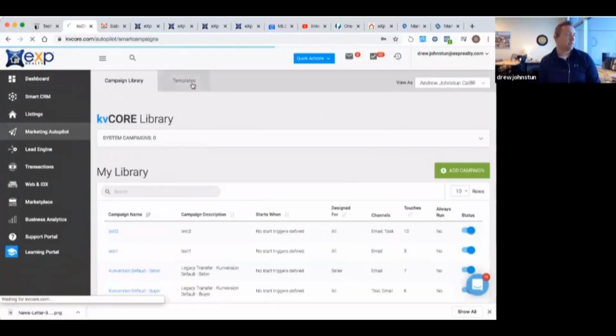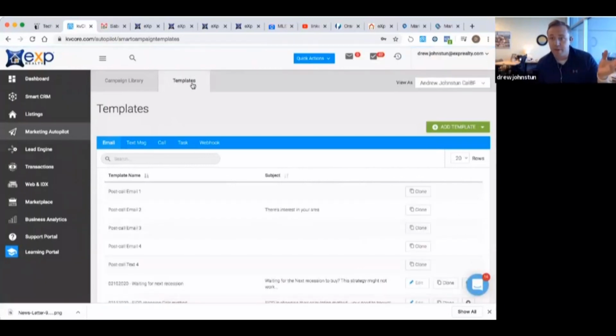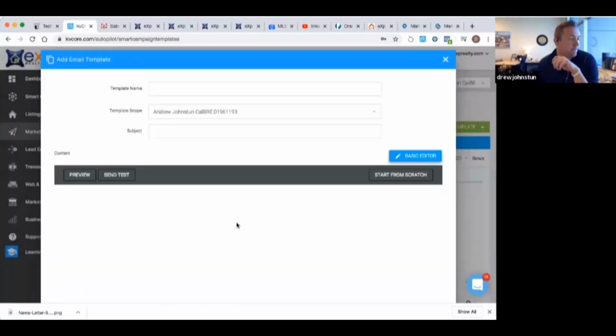And go over to templates. I tell everyone to do this the first of the month because when it triggers on the campaigns for you to send out a newsletter, instead of this being super difficult and annoying and cumbersome, taking up your time, we do this once a month, right? We go back over to Advanced Editor.